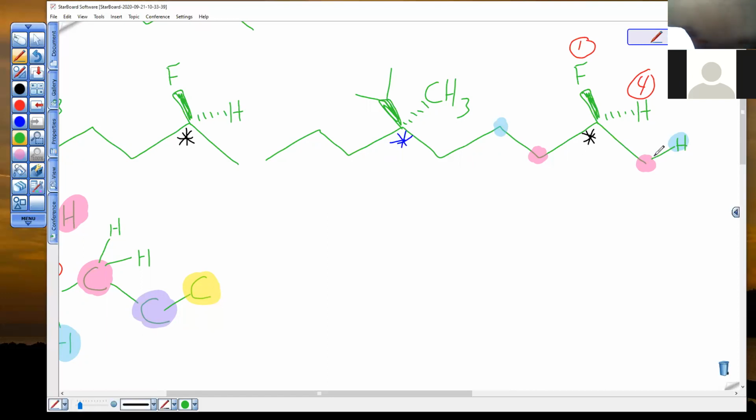Comparing that, the heaviest atom on this carbon away from the stereocenter is H. The heaviest atom on this carbon away from the stereocenter is C. So we have a 2 for a carbon beating an H, and a 3 for the carbon with the H. And this stereocenter is sinistrous. It's very much like our first example. And that's